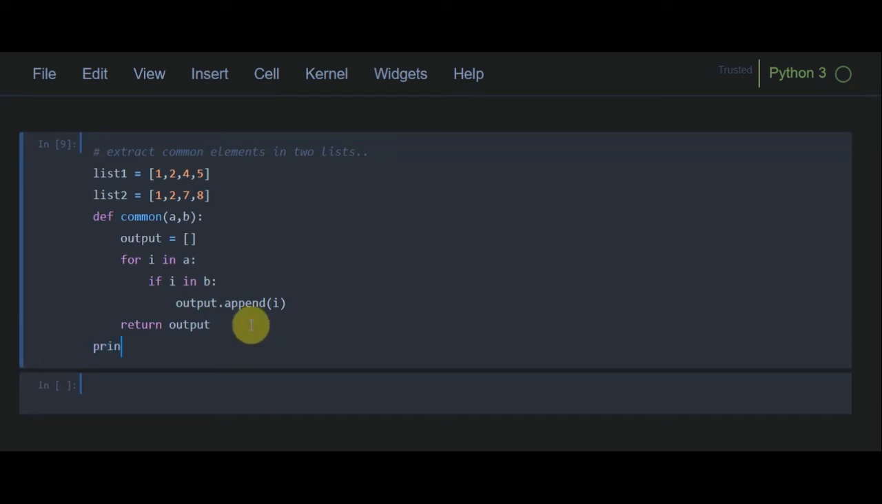And then we can call our function. I am using string formatting here to call my function. I can write here, the common elements are. Alright, we have also discussed this string formatting in previous videos. So I can call my function like common list 1